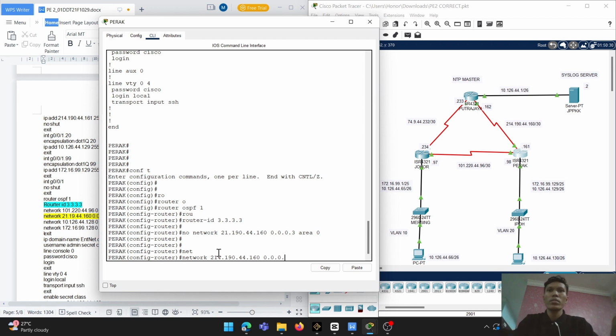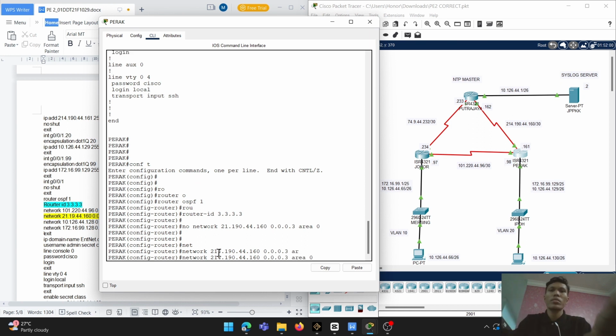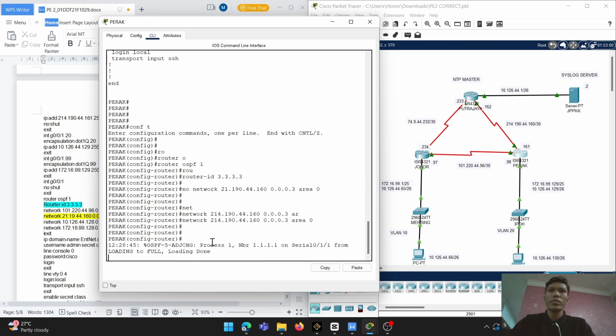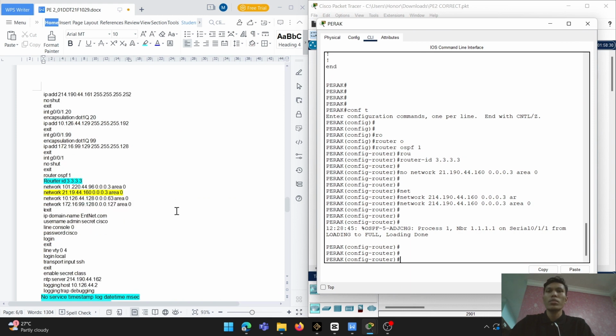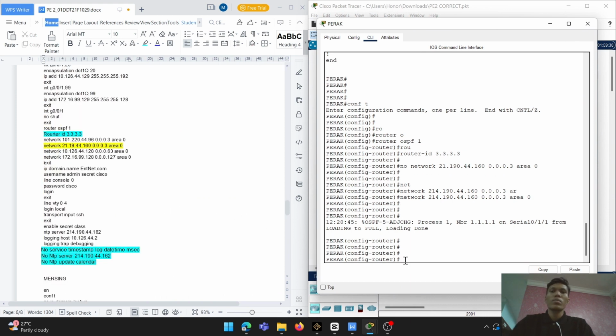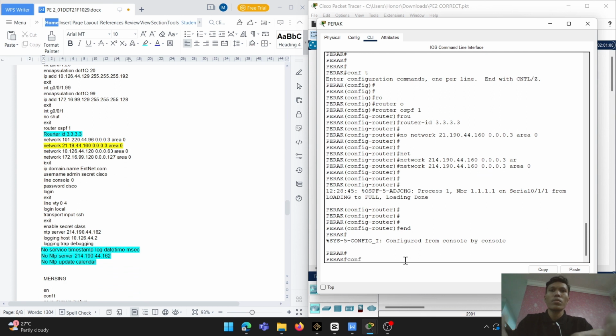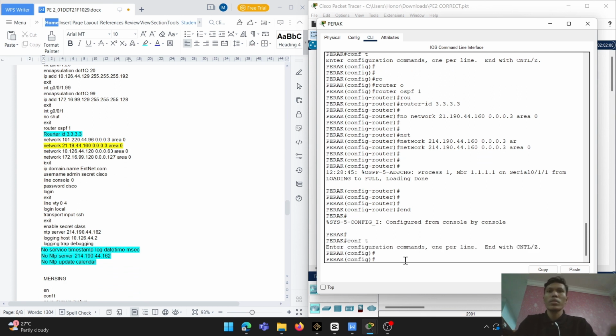For the wildcard mask, it still uses 0.0.0.3. Alright, so as you can see here, it's the same as this IP. So it's done for this router OSPF configuration, and then you also configure the service timestamp